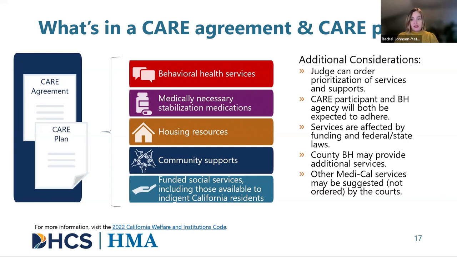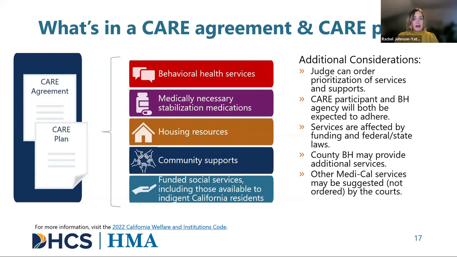So that really is one of the biggest differences between the two. Again, with the care agreement, there may just be an initial 60-day review hearing, and that may be the extent of the court oversight. Whereas if a care plan is the process in which the services will be decided, then there will be ongoing court oversight. The care plan will include the individual's information and will outline services to be received and may include